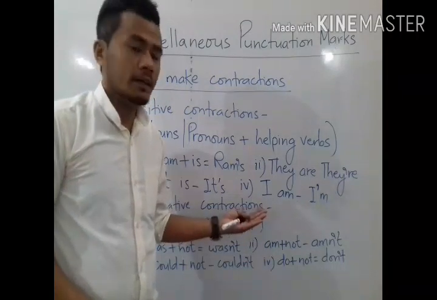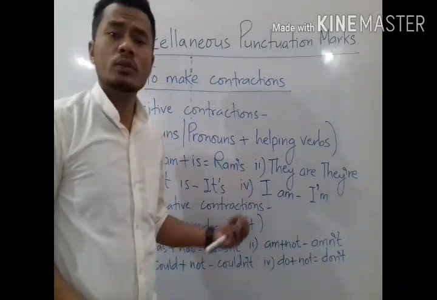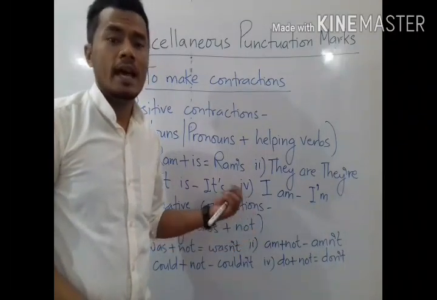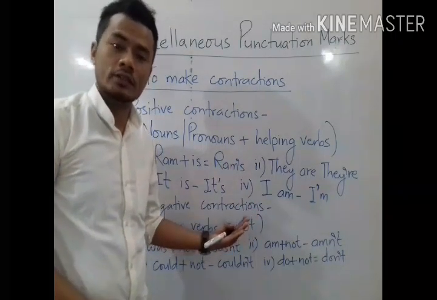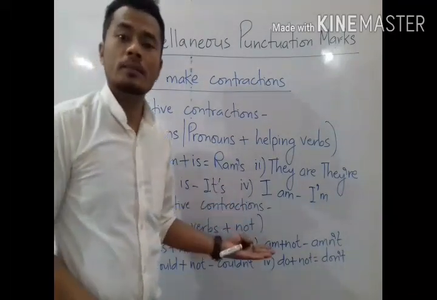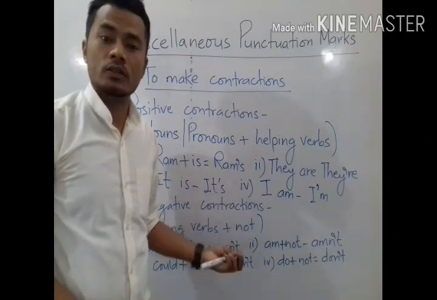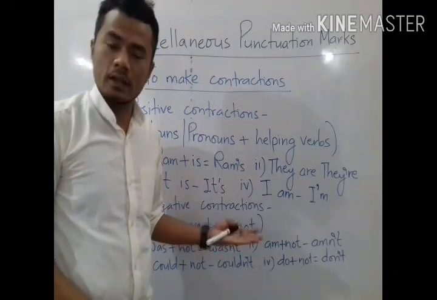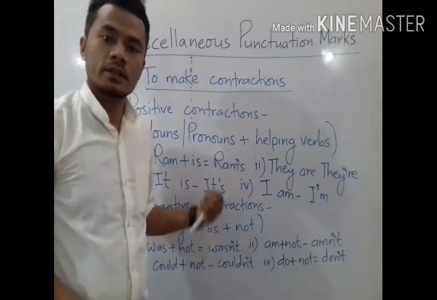Okay. There are some exceptions, because all the helping verbs do not follow the same process. Like shall not becomes shan't. Shall and not becomes sha and apostrophe t. This is the contraction form of shall not, shan't. In the same way, will not becomes won't. When we make the contraction form out of these two words, it becomes won apostrophe t. Otherwise, all other helping verbs follow the same process. Understood?